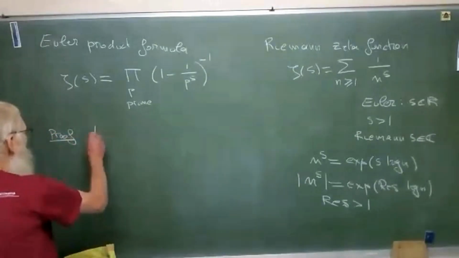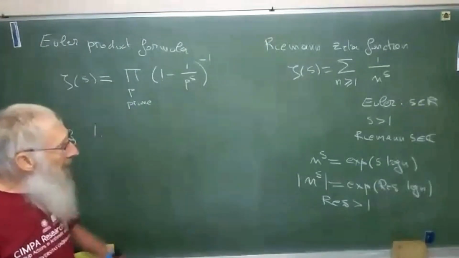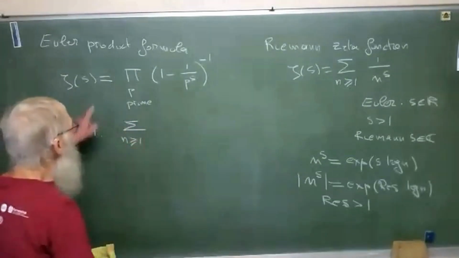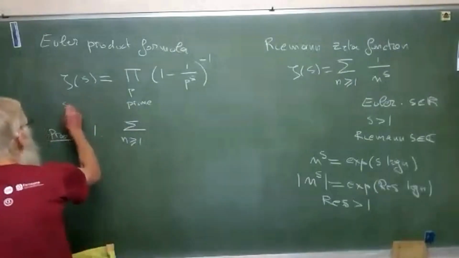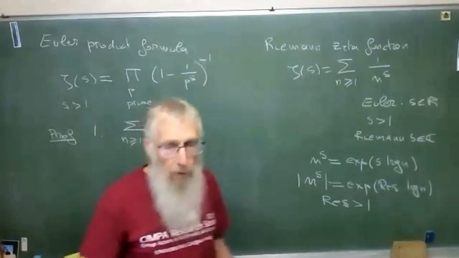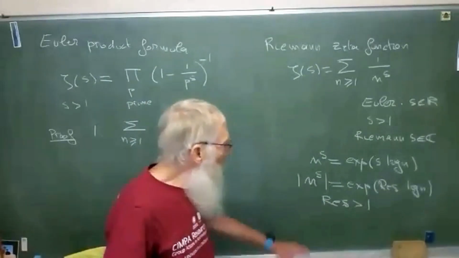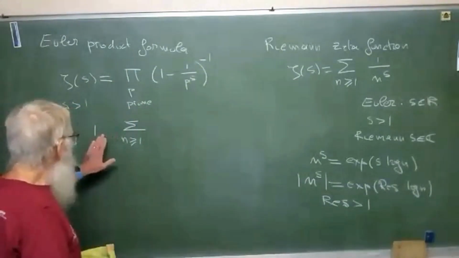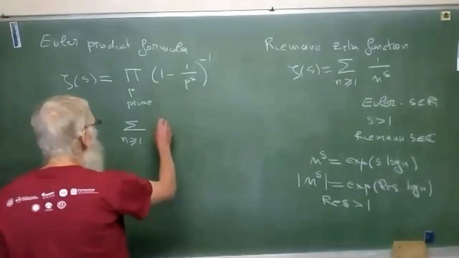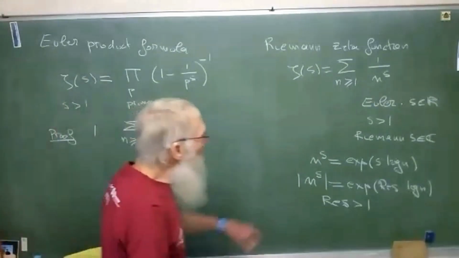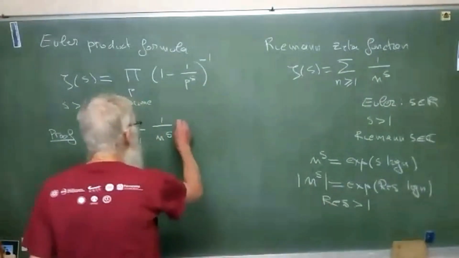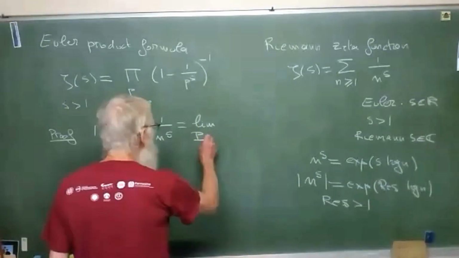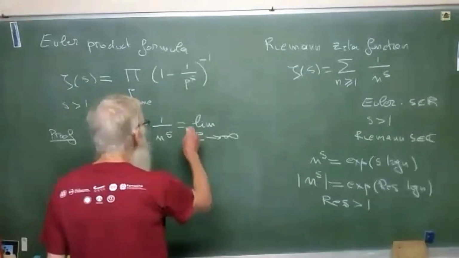The first step is to prove that the series, so I did not write it, but I take s to start with a real number which is greater than 1. And then we will see what happens if it is a complex number. It does not make too much difference. So the first part of the proof is to prove that the sum of 1 over n to the s, which is zeta of s, is equal to the limit as, say, capital P tends to infinity